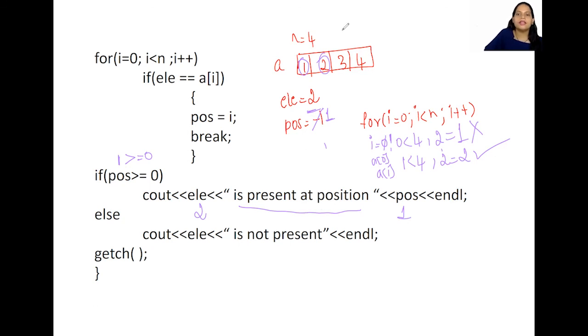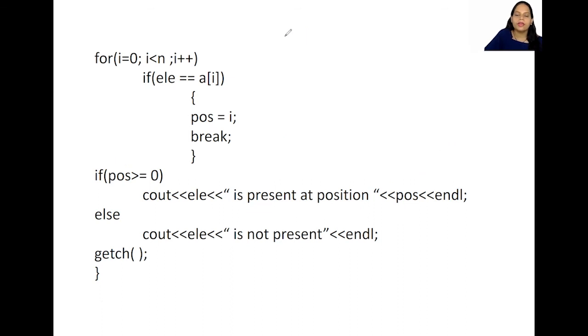Okay. Now let us consider another example where we enter a value that we want the program to search for, an element which is not present in the array. What is going to happen? Suppose I enter the number of elements as 3 and we are going to enter the elements into the array, so it is going to be 1, 2, 3. Now I say search the element 5. And then also we are going to initialize position to -1, isn't it?